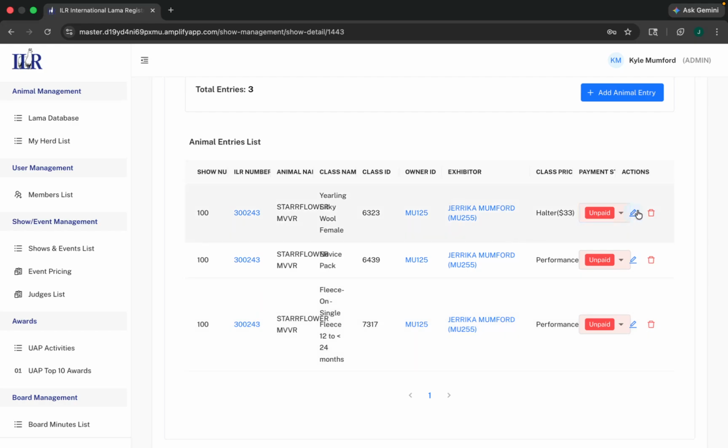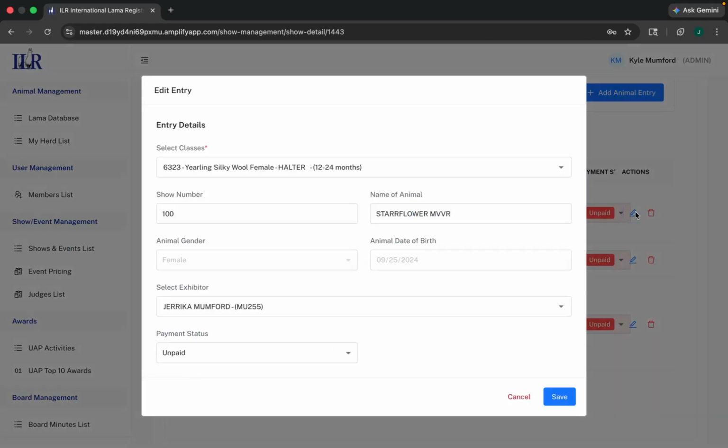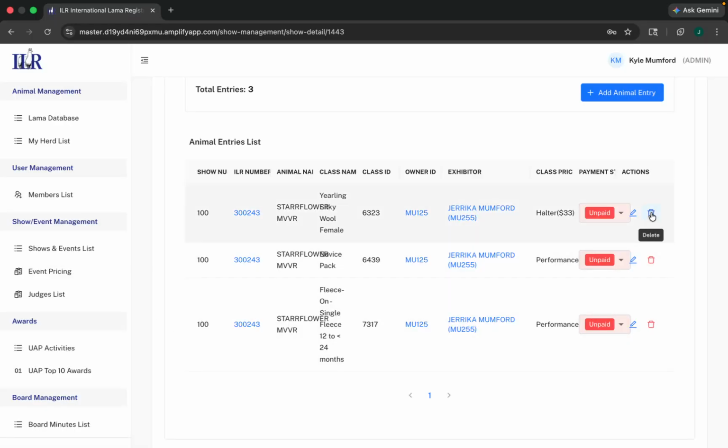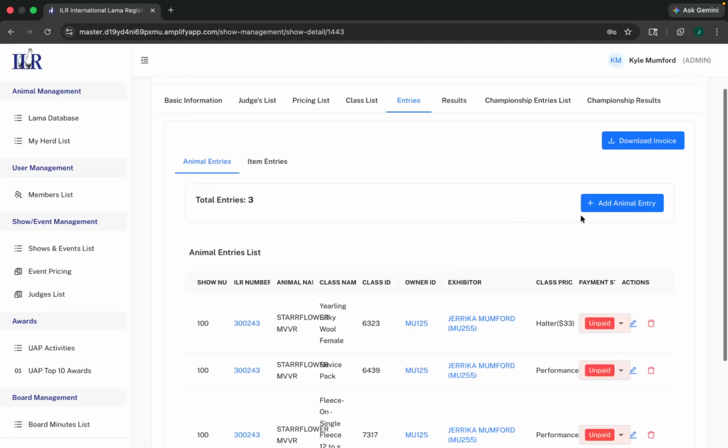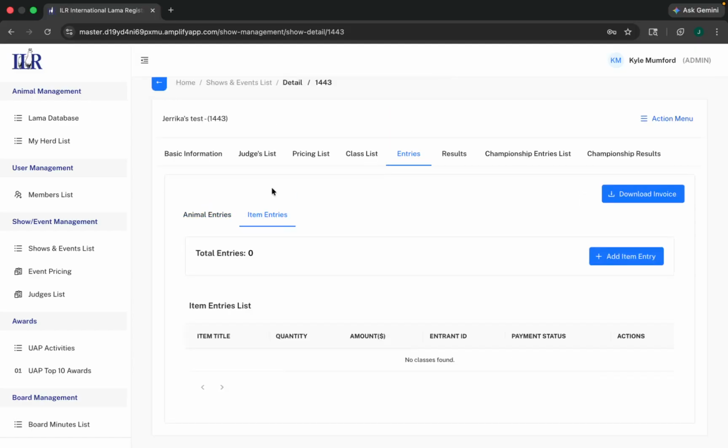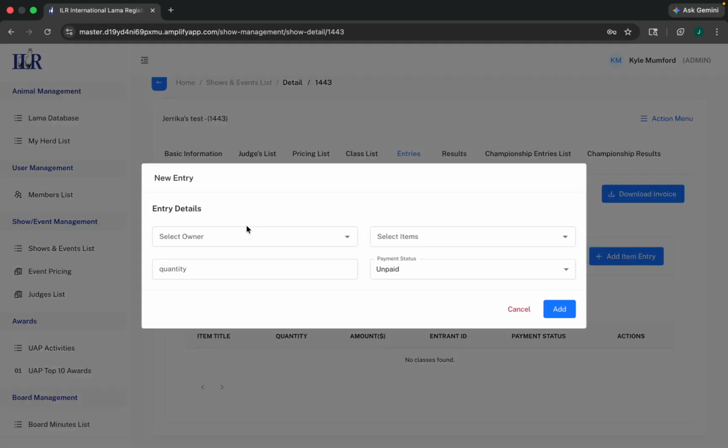If you needed to come back and edit, just hit the edit button, make the changes you need here, and save. You can also delete by hitting the delete button. You can continue to add animal entries, or if you're done adding animal entries for that exhibitor, you can browse to the item entries, select add item entry, find your owner,